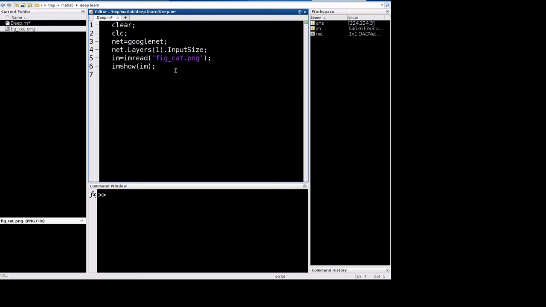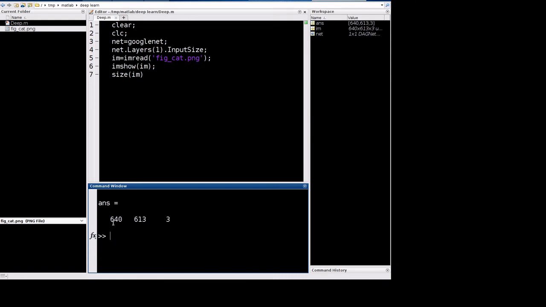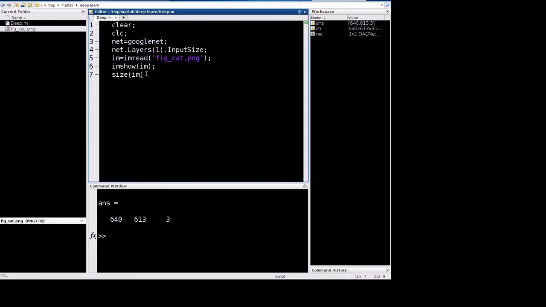Now we need to check the size of the image. What is the size of the image? Let me run it again. Here we can see that the size of the image is 640 cross 613 pixels and 3 for colored image. So we need to resize this image to match the input layer size of the GoogleNet. That can be done using the imresize command. And let me store the resized image in some other variable as